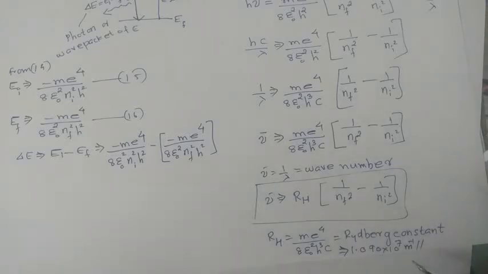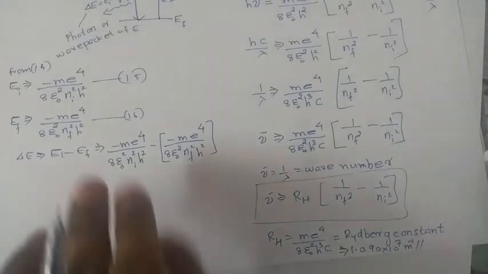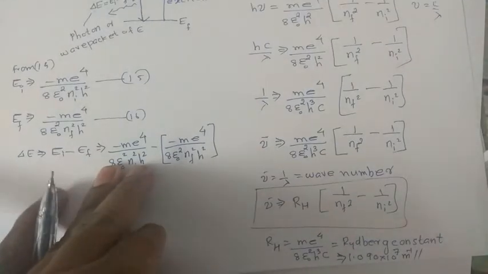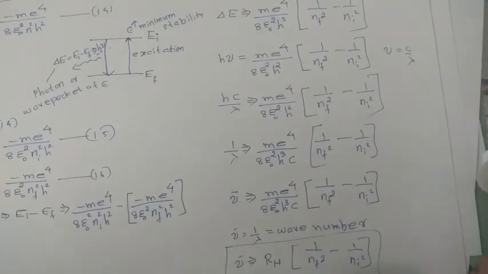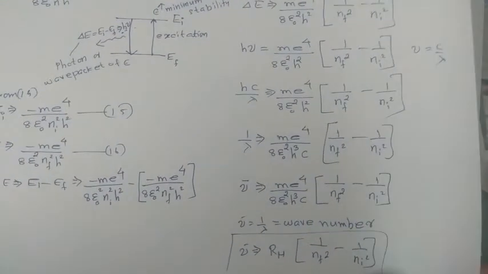Okay, this is the expression for wave number, and this value fairly agrees with the empirical value 1.097 into 10 raised to 7 meter raised to minus 1, obtained experimentally for the Balmer series. Okay, this is the basic condition. Then the next portion,